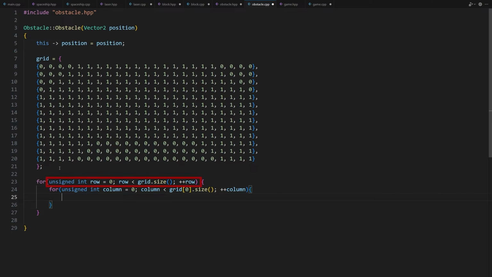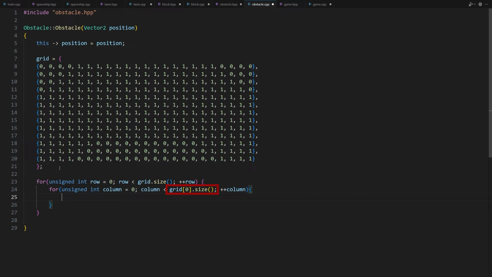The first line of code iterates through each row in the grid. The row will take values from 0 to grid.size, effectively representing each row in the grid. This line of code iterates through each column within the current row being processed. Column will take values from 0 to grid[0].size, representing each column in the current row.